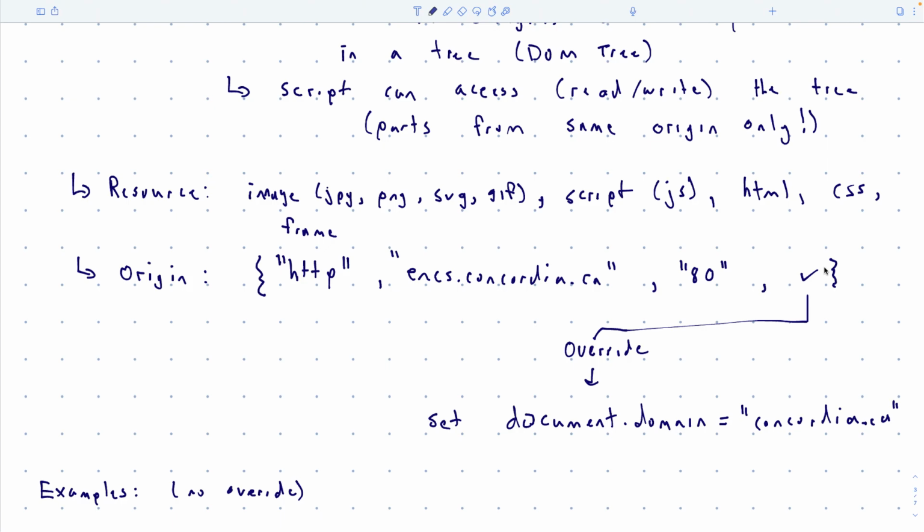Now, if you want those two resources to talk, it's just as easy as you can override the domain but set it to the same domain that you're already at, right? So most web developers are lazy, so they'll just always override the domain and always just make it the current domain, unless they know specifically what they want to do in their heads.